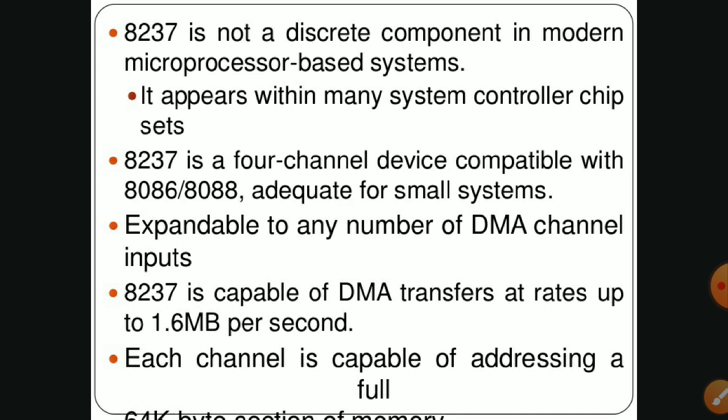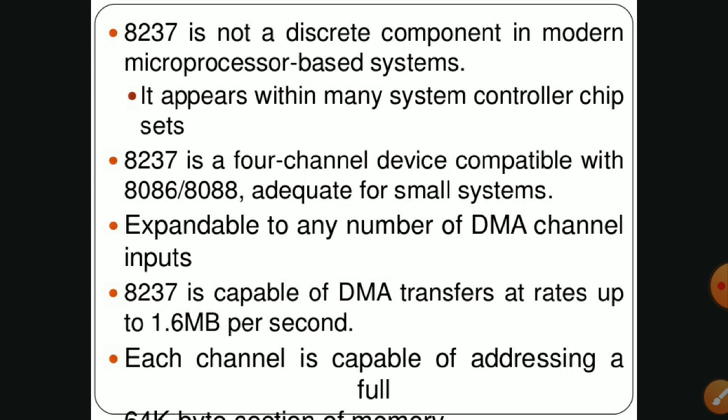That is the requirement of channels in the DMA controller. It is expandable to any number of DMA channel inputs, so not only the 4 channels, there is also a possibility to expand to more channels.